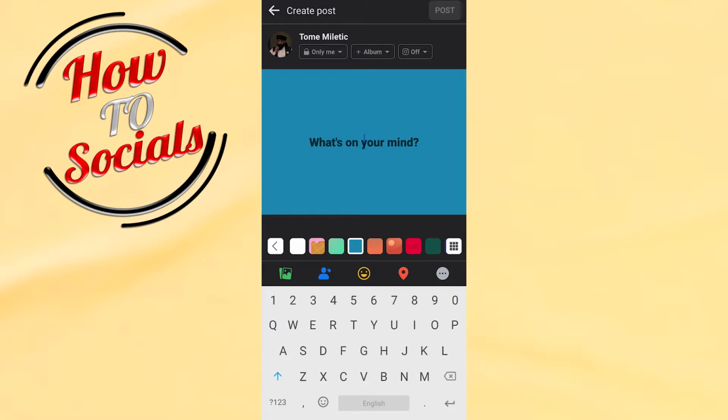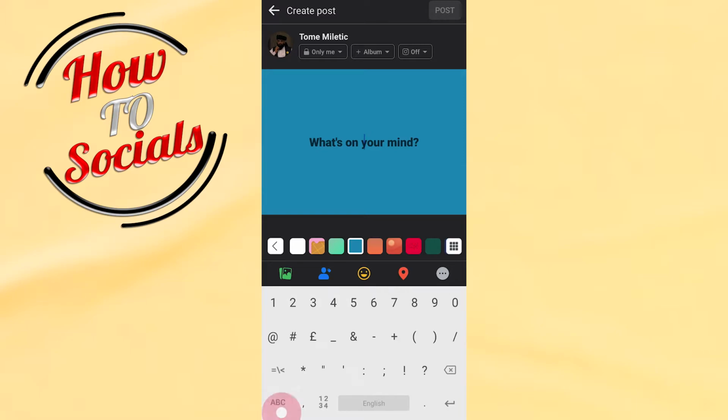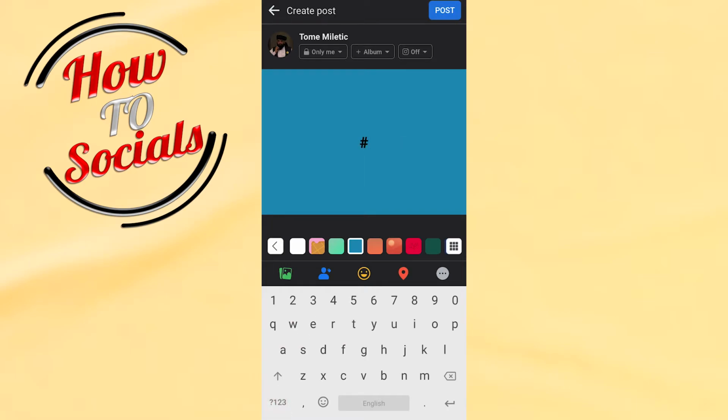What's on your mind? Here you can add a text, but we'll not add text, we'll add a hashtag. Firstly, go on your keyboard sides, there you have an option. You need to choose this tick, and then you need to type for a hashtag. For example,